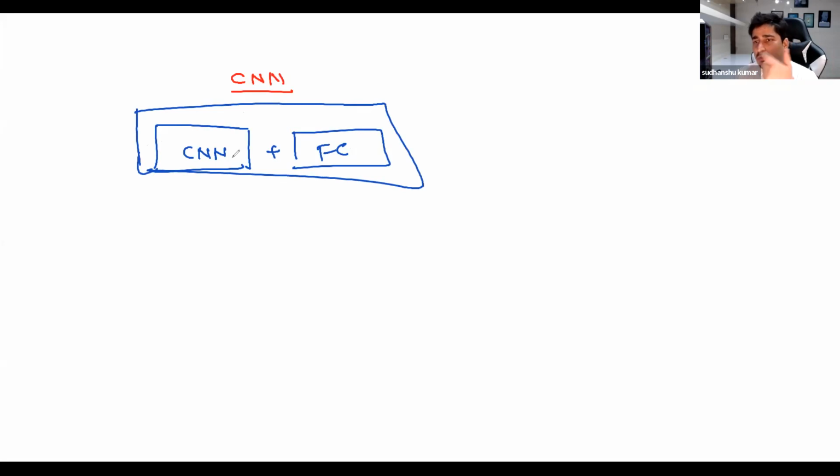Now, what is the issue with this? Why do we say that if we are dealing with speech or text, these models are not sufficient to solve your problem statement? Let's suppose I wanted to build a kind of question answering system. If I ask a question, it should be able to give an answer. Or maybe I'm trying to build a system that understands my context, and based on that can give me some kind of responses. An example is a chatbot, right?